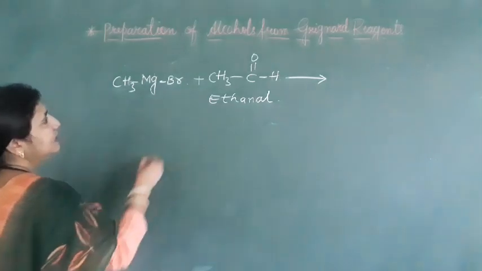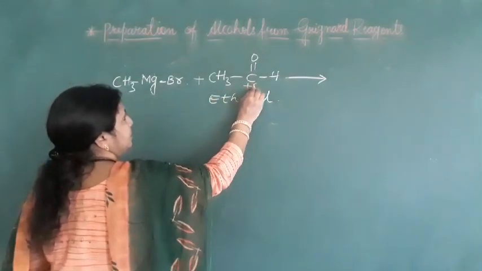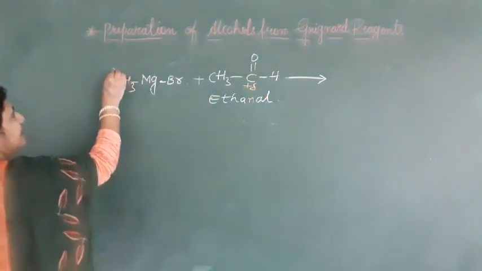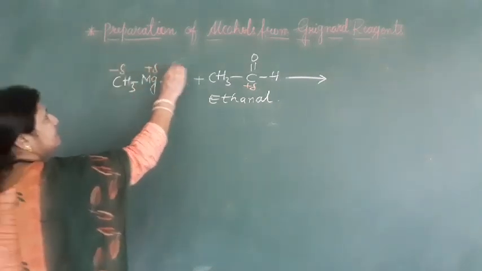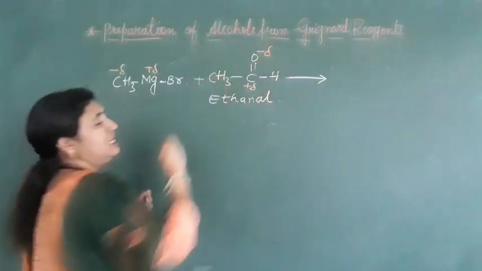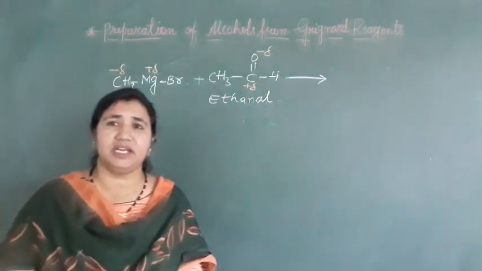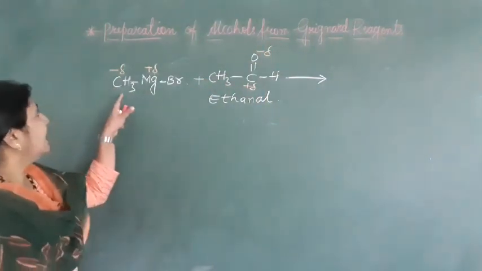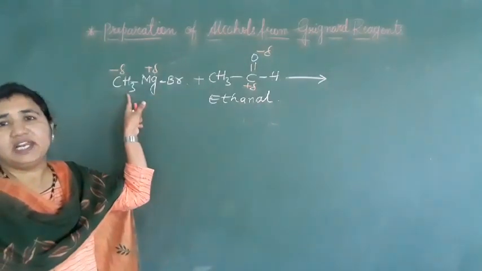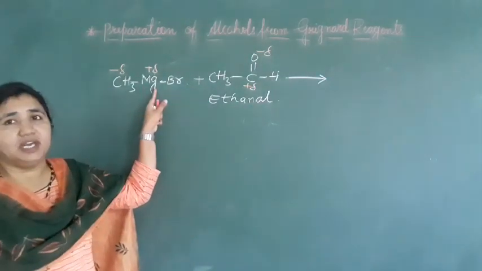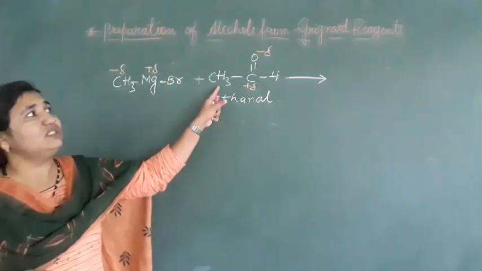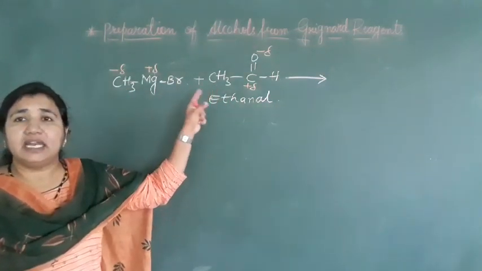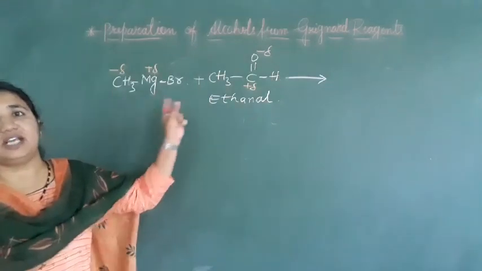Now in this, carbon is partially positive charge, and this carbon is partially negative charge. Mg is partially positive, oxygen is partially negative. The procedure is the same here. So this alkyl group is what here? Nucleophile it is, and Mg plus is what here? Electrophile. But first, who is attacking? Nucleophile. That's why this is a nucleophilic addition reaction.